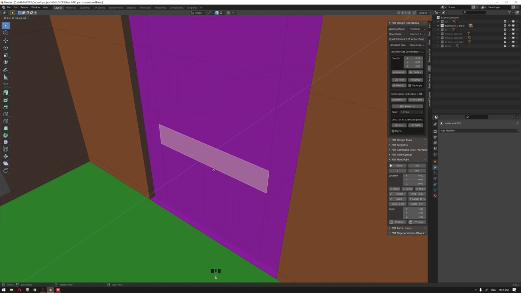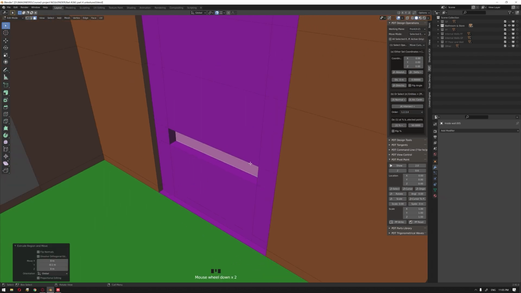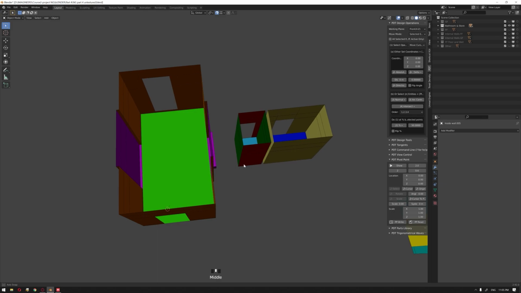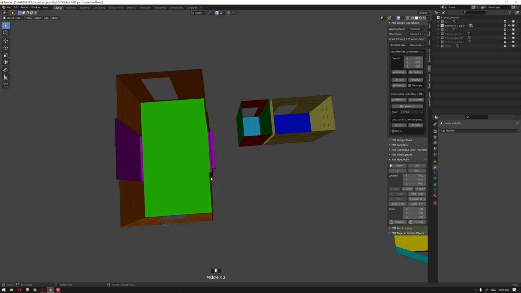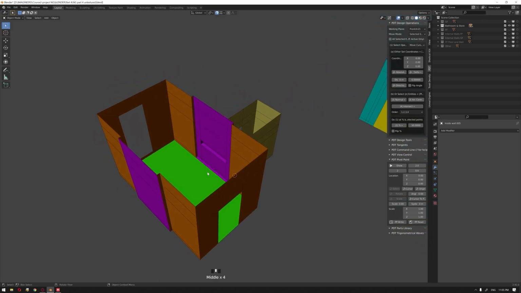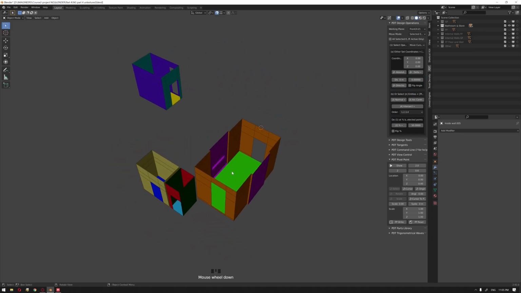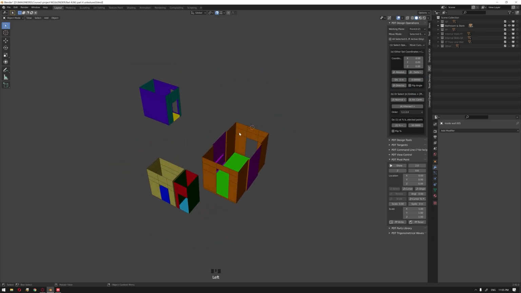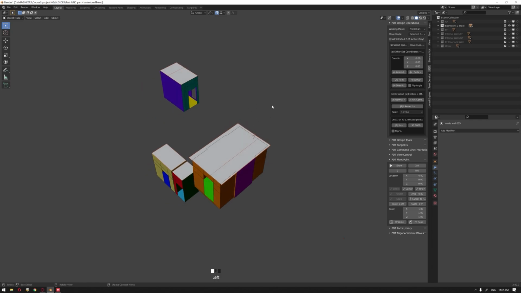Selecting this face, extrusion on the Y-axis, let's give it a value of -0.1. We have actually enough space because this wall is actually thicker than the others. Alright, so now that we are ready, we can start now unwrapping these bathrooms along with the ceiling inside our